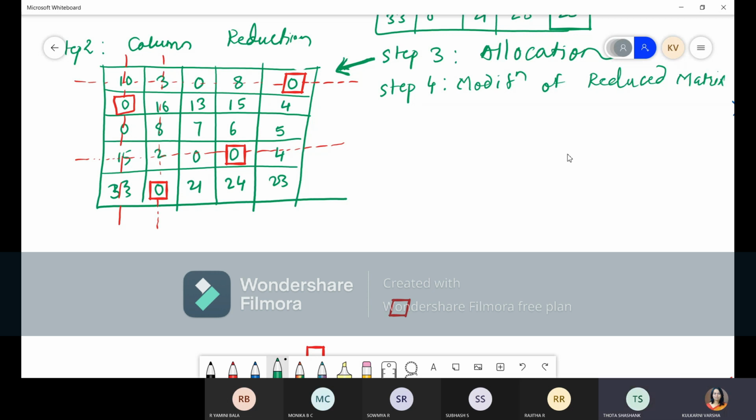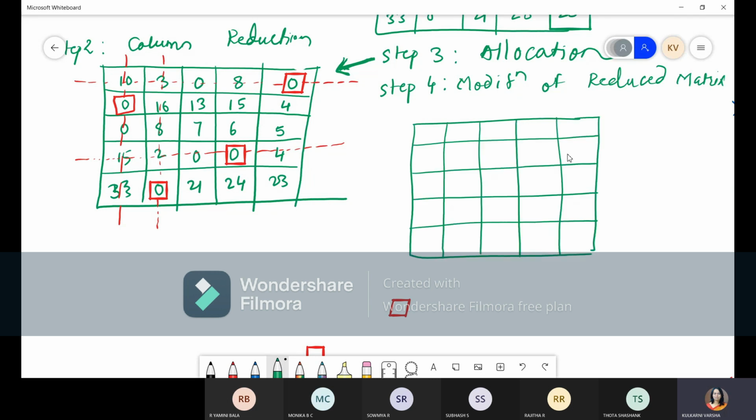So now we have to do modification of this reduced matrix. So once again we'll draw a 5 by 5 matrix. This is double cross, right? So add the least elements. So here it will be 14, here it will be 7. These are single cross. So this. Next, this is single cross, this is single cross. Now, whichever uncross, we have to subtract. So it is 9, 11, 0. Then next is 0, 8, 3, 2, 1.